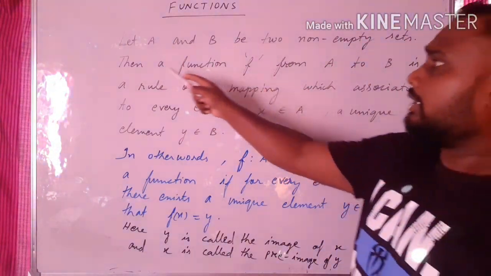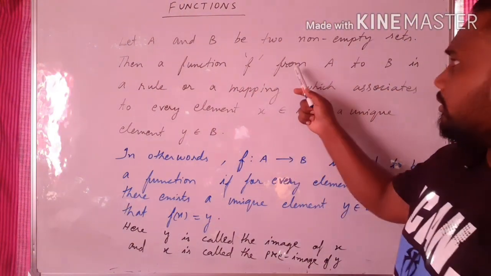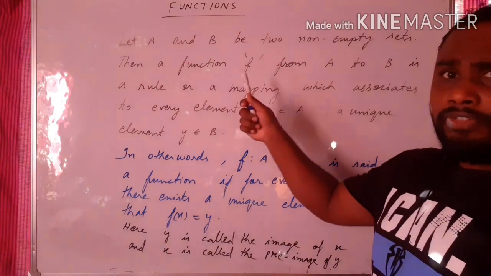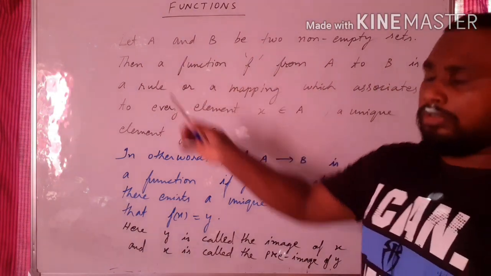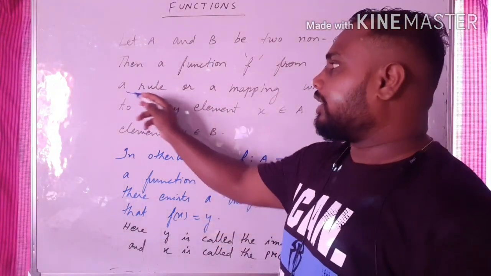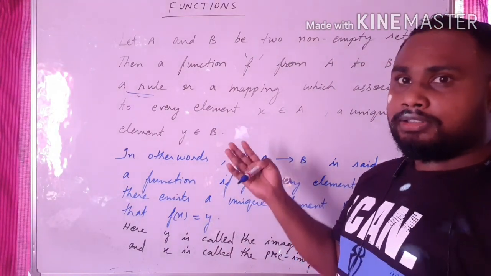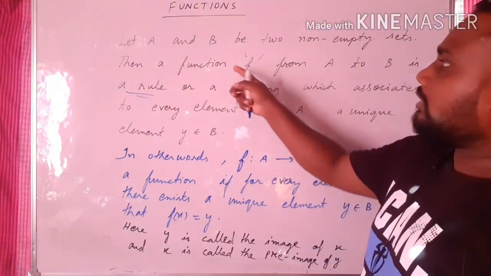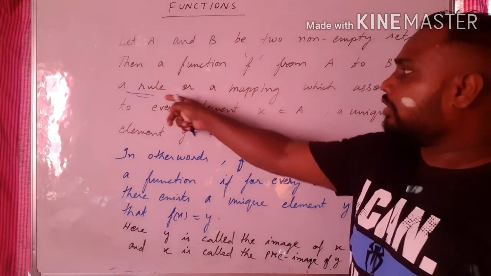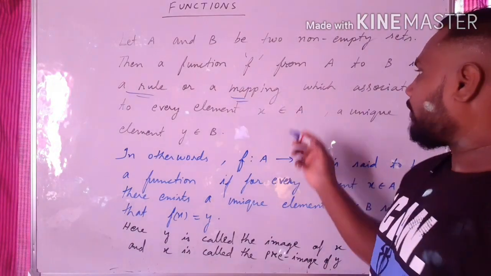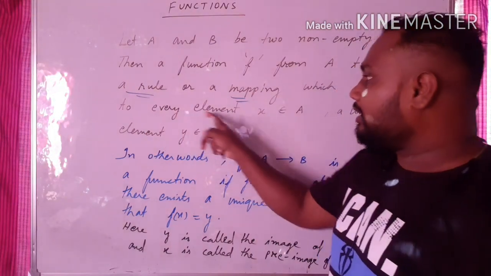Then a function, which I am denoting by f, from A to B. It is defined from A to B. A function f from A to B is a rule, like a relation, but it has an added condition here. A function f from A to B is a rule or a mapping which associates to every element